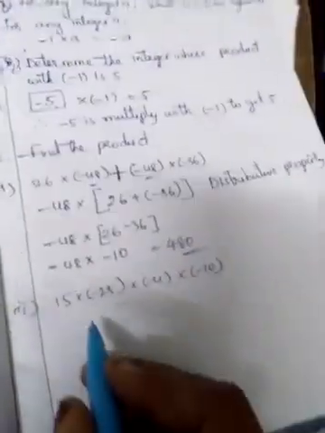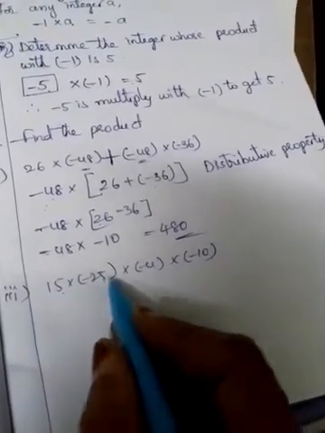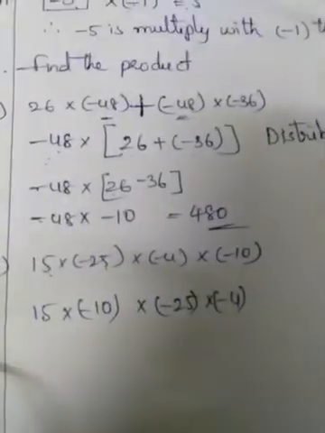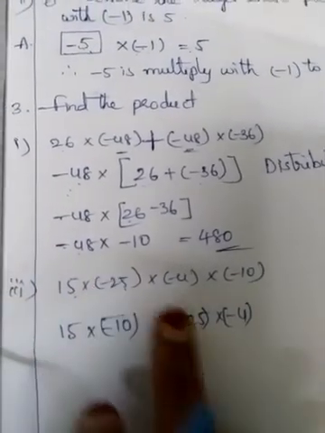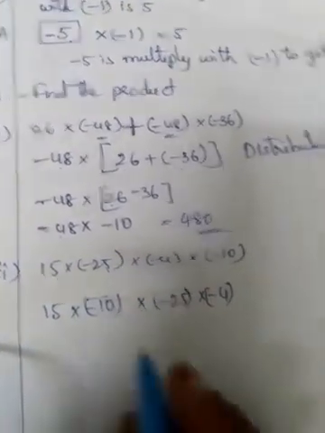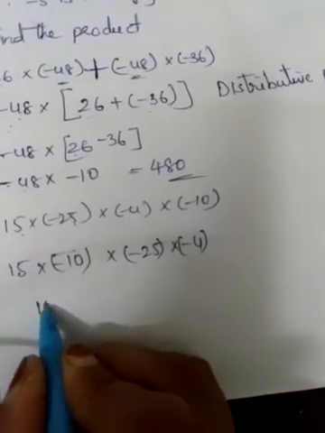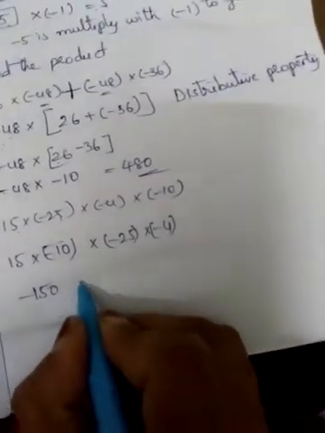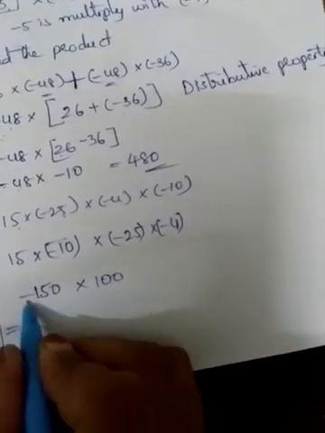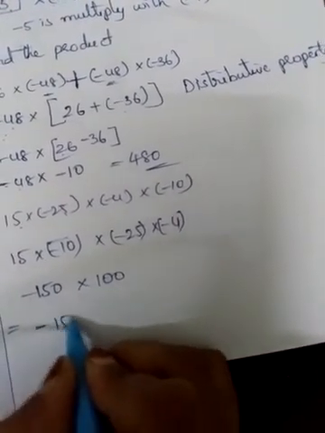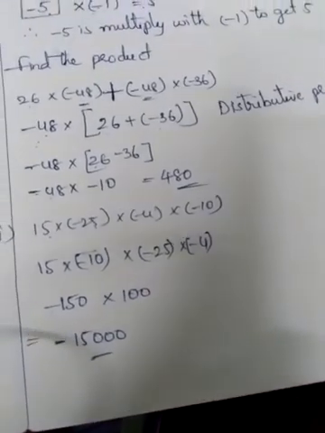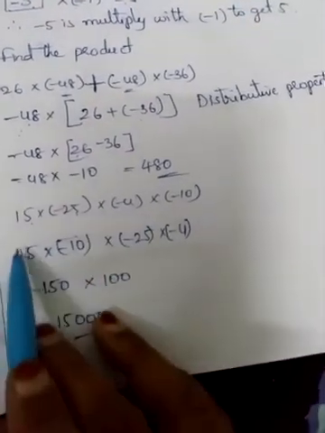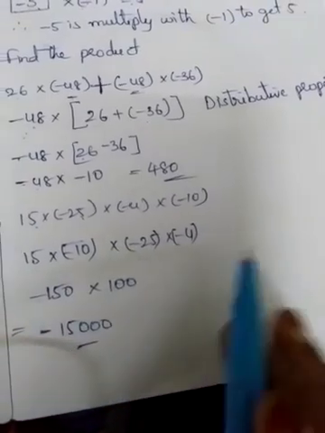Okay. In next problem see 15 into minus 25, 4 into 10. See I am changing the places only. Here 25 I am changing second, 10 here sending. So changing the places I am multiplying. 15 10 ja 150, minus is there, into minus plus, 25 4 ja 100. Answer is here plus into minus, minus 15,000 is the answer. Minus 15,000. Because here changed the places, once again commutative property used and we did.